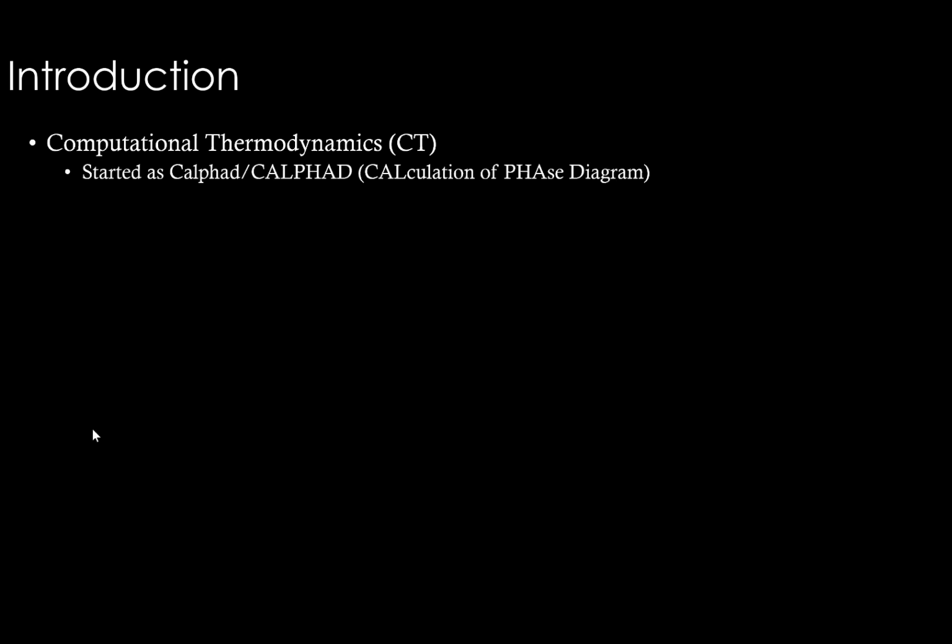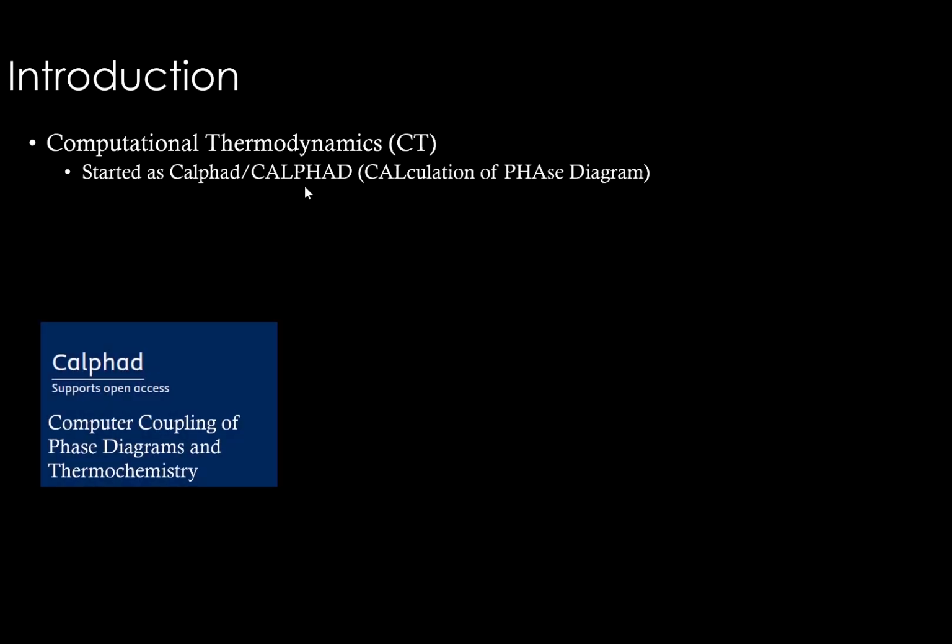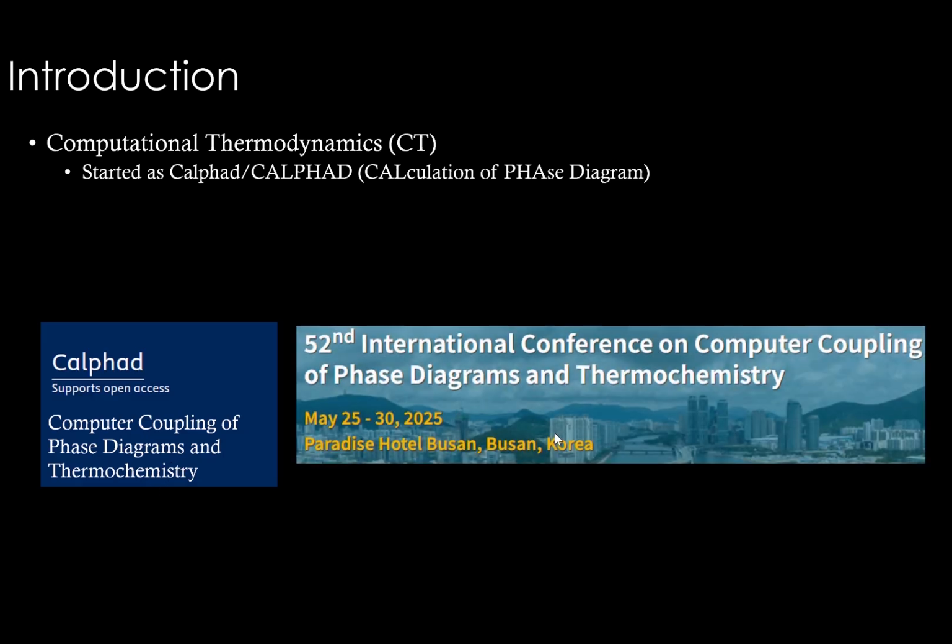It originally started as CALPHAD, with capital C, or all caps CALPHAD. This is a kind of an acronym for calculation of phase diagrams. All these letters, first three here, and this D, they are taken to form this CALPHAD term. There is a dedicated journal for this field, CALPHAD, and the subtitle of the journal is Computer Coupling of Phase Diagrams and Thermochemistry. There is also a conference dedicated to this field, the 52nd version of this conference, the International Conference on Computer Coupling and Phase Diagram and Thermochemistry, the CALPHAD conference. The recent one was conducted in Korea.